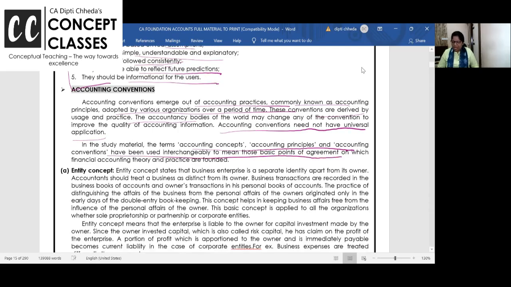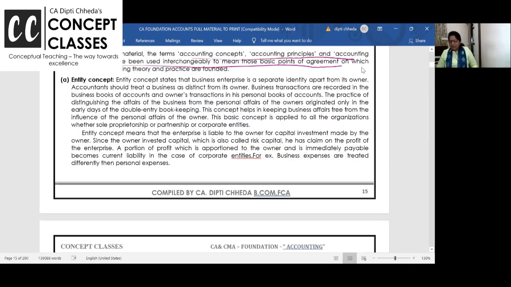Let us see how they are practically used. Shall we go for the first one? Okay. And I want all of you to write in your running notebook the name of the concept and the example which I am giving. So for business entity concept, I am giving you this example. You write it in your notebook. One minute. I'll open the